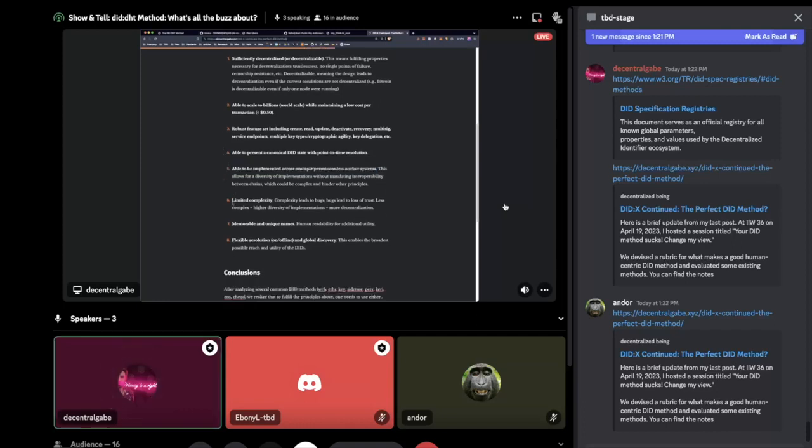Limited complexity. I do think this is pretty straightforward. So I'm going to say yes. Please disagree with me if you do. Memorable and unique names, human readability. We have not achieved this one. And for the reason that the DHT supports ED25519 keys and an encoding of that, which can be hard to make